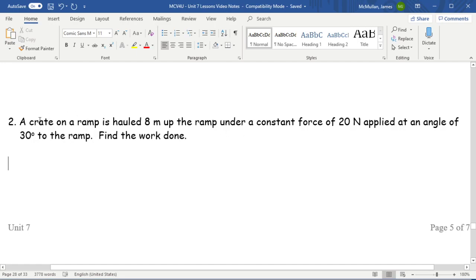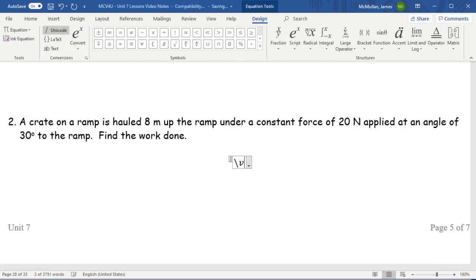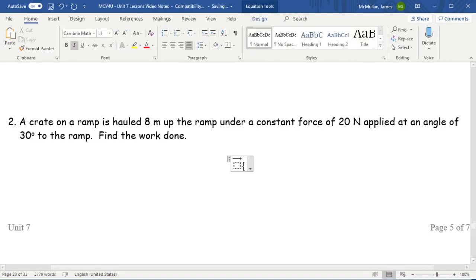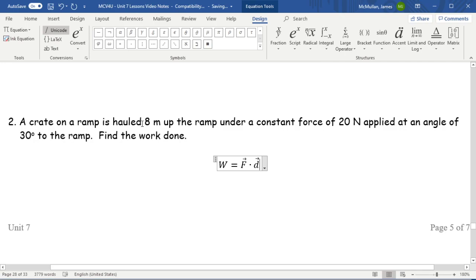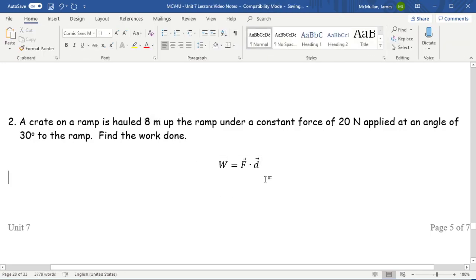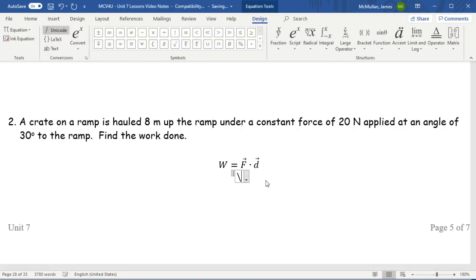But anyway, a crate on a ramp is hauled 8 meters up the ramp under a constant force of 20 newtons applied at an angle of 30 degrees to the ramp. Again, don't overthink this question. The work done is equal to the force that's doing the work dot the object's displacement. That's it. Now let's think about this. The displacement is 8 meters, right? So that's what that says. So the magnitude